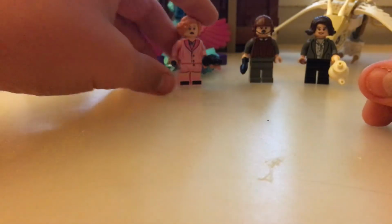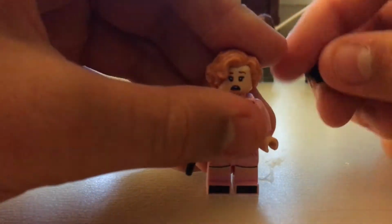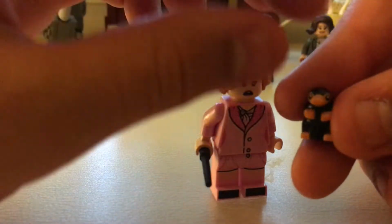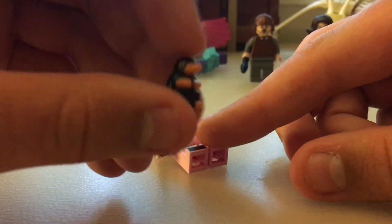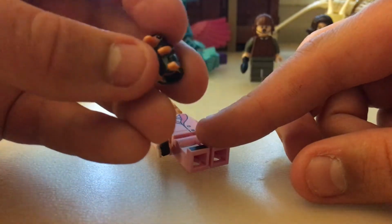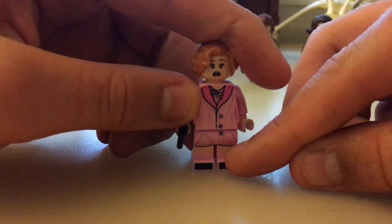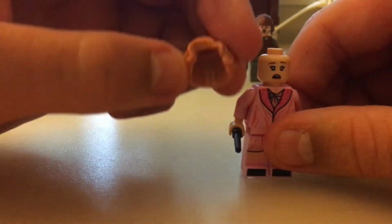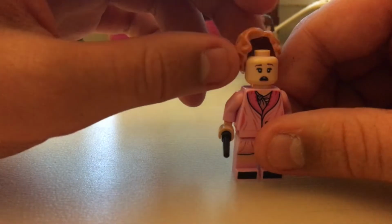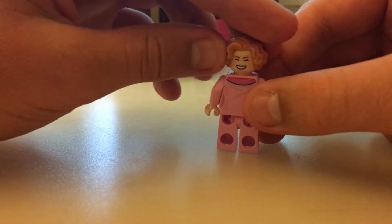Now let's take a look at Queenie, which is my personal favorite figure of this set. You can see I kind of just put the Niffler in her hand. It's not really meant to be an accessory, but yeah, it's dual molded, as you can see inside there, and I think it looks rather nice. Also appears in the collectible minifigure series. Anyways, Queenie has a black wand, this uncommon color for the hairpiece. It does appear in a couple other sets, and she has one frightened face,